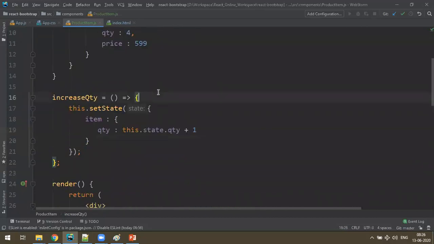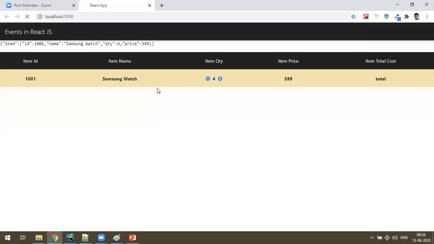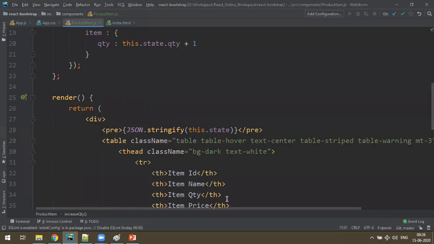Let's make some alerts. Alert increase QTY. Okay, so let's check. Whenever I click on this, it's not connected. Someone is saying you have given click in span, not in button. Add in minus. Oh, okay, got it. I think I made a mistake somewhere.